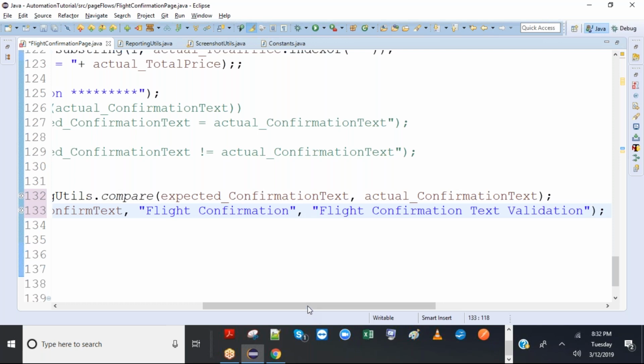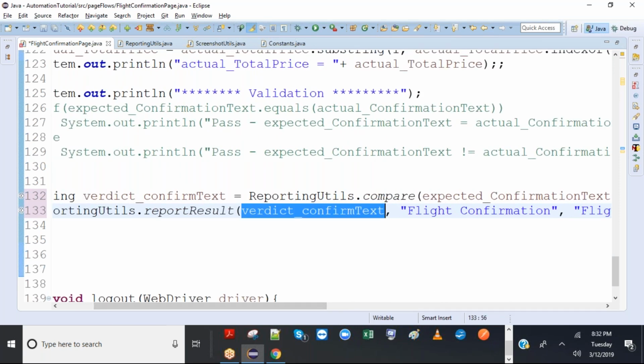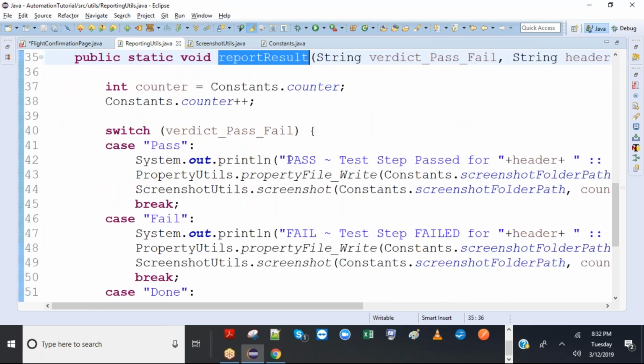You cannot put flight confirmation text actual equals expected, because you don't know what this value is. This could be fail or pass, but that part is taken care of in the function, so you don't have to worry about it. Here automatically I put pass, so the pass will anyway be printed to the console and property file also, so that's fine.